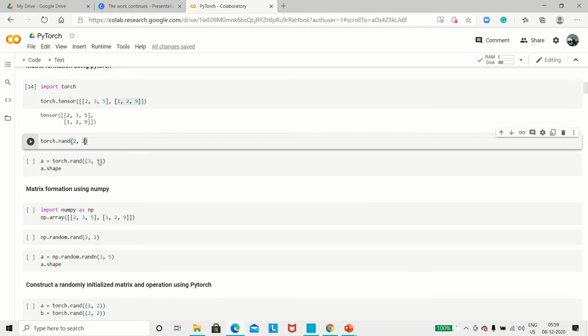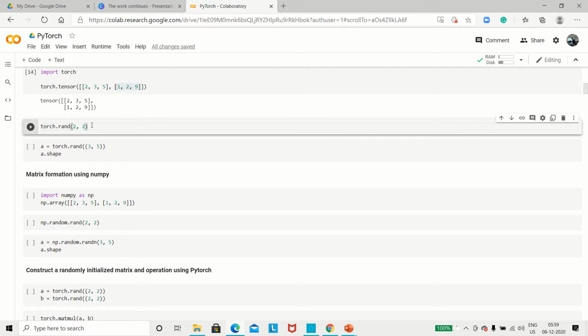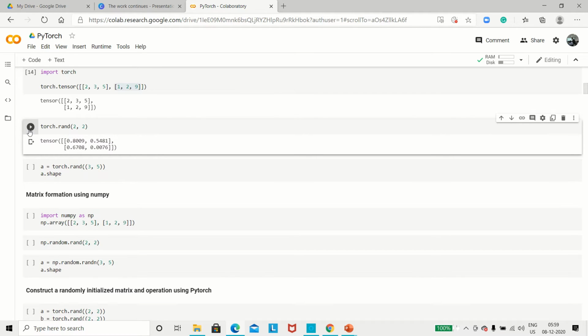If you don't want to put in any specific values and just want to draw a 2 by 2 matrix randomly, you can say torch.rand. That means you want to draw a 2 by 2 matrix on the basis of random numbers. If you run this code, this play button will run the code for you. You see a 2 by 2 matrix is there. Since it's an uninitialized matrix and you are giving random, the system will select any four random values. So a 2 by 2 matrix, two rows, two columns, has been put up as an output.